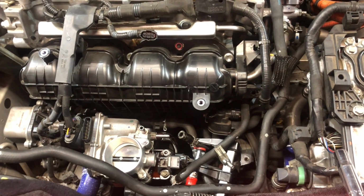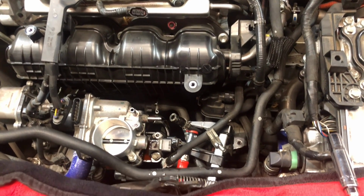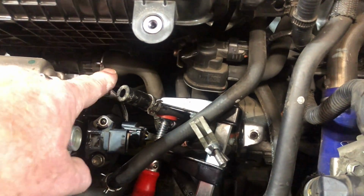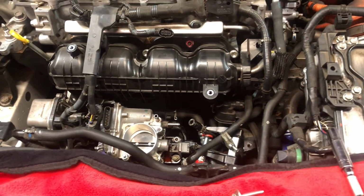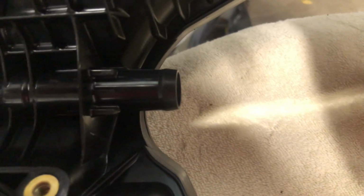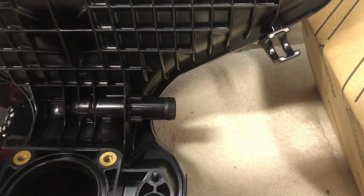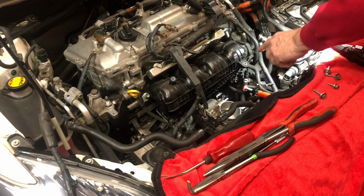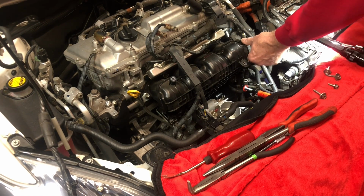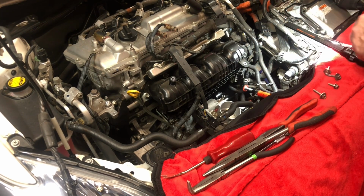So just wanted to point that out. So we'll go ahead and remove this clamp and slide that tube off also. And on this, you can see that's the entry point right there. What I'm going to do next is take this little cover off right here,